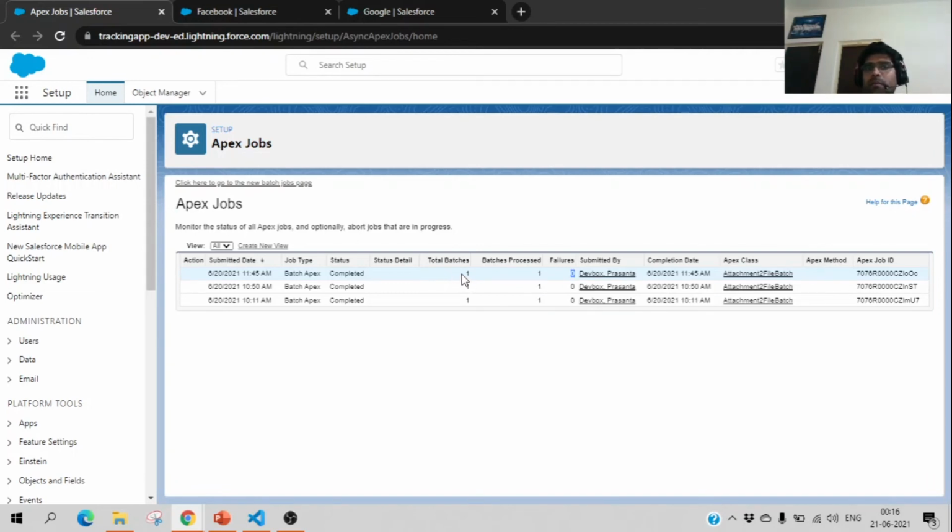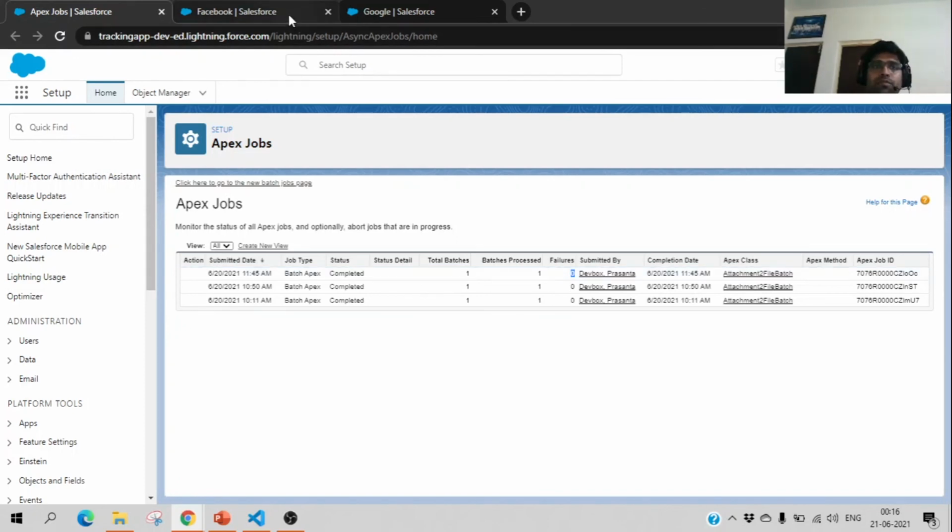Why is the total number of batches 1 even though I have two different account records? Because one batch job can take up to 200 records if you have not given any batch size. If you have given a batch size while executing, it can go from 1 record to 2000 records. But if you have not given anything, by default the batch size is 200, right?